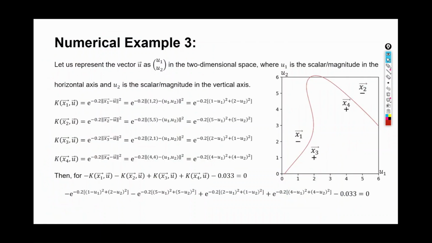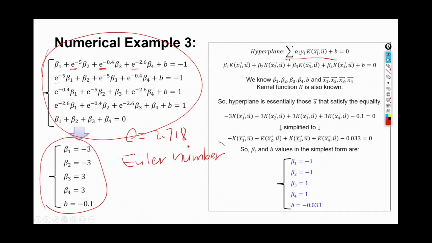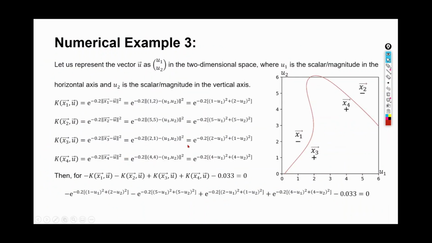Okay, I prepared the slide. Let's go to the slide. We represent this u vector as u1, u2, with 2 scalars to represent a vector in this 2-dimensional space. u1 is the scalar or the magnitude in the horizontal axis, and u2 is the scalar or the magnitude in the vertical axis. And we represent this particular